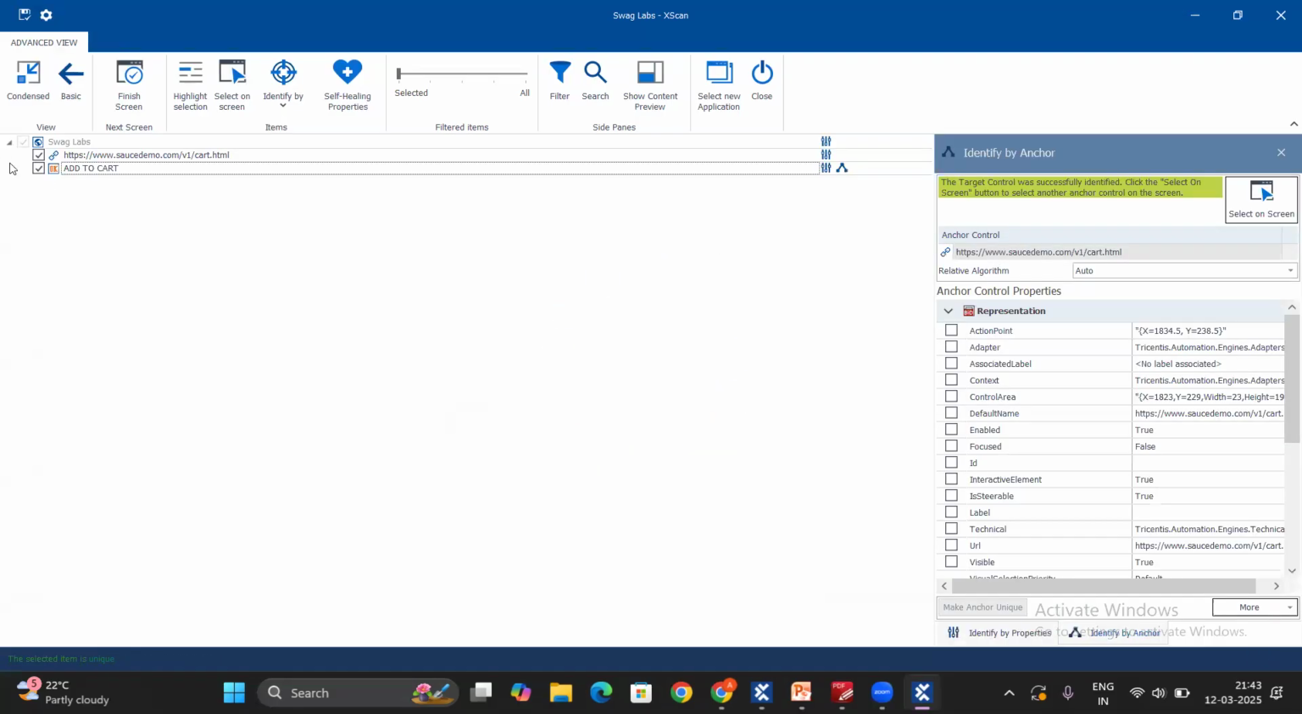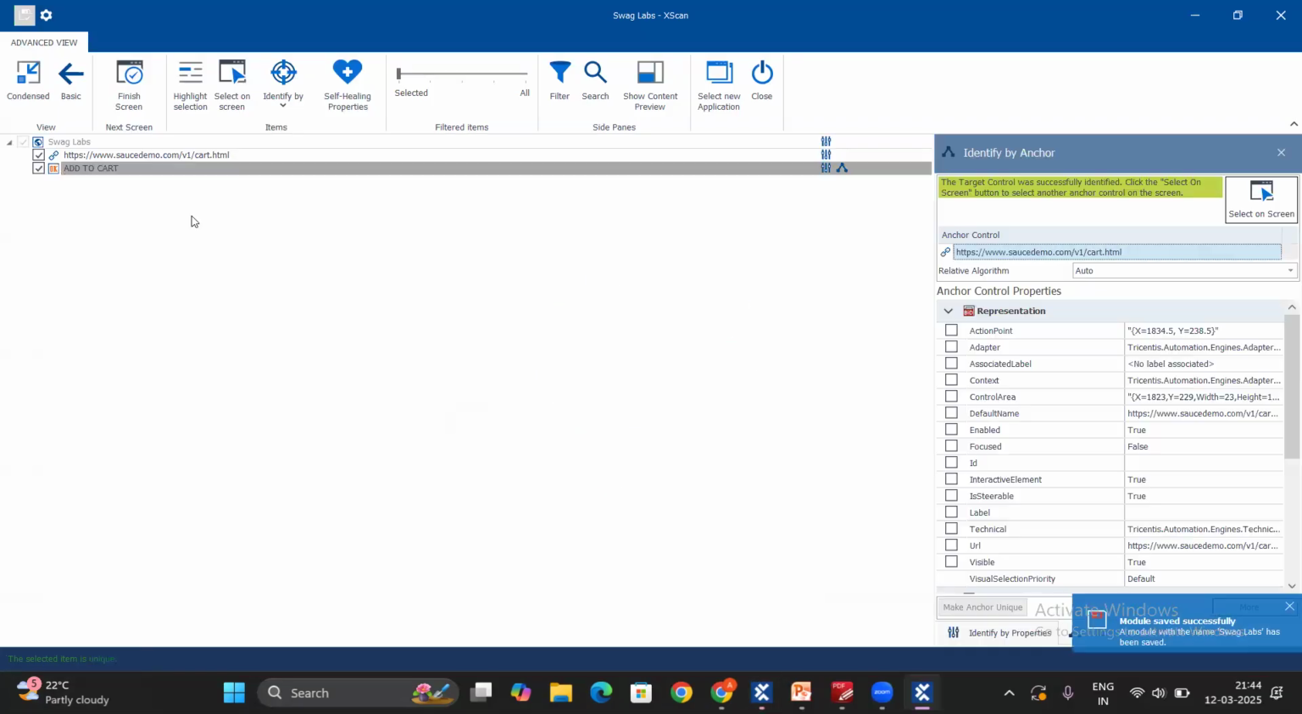As soon as you drag and drop this link to the anchor control, you'll get a message: the target control was successfully identified. Now both objects, link as well as add to cart, are identified in a unique way. You can see here the orange color is disabled now, which means it is uniquely identified. You can see at the bottom, the selected item is unique. So now we can save this, close,